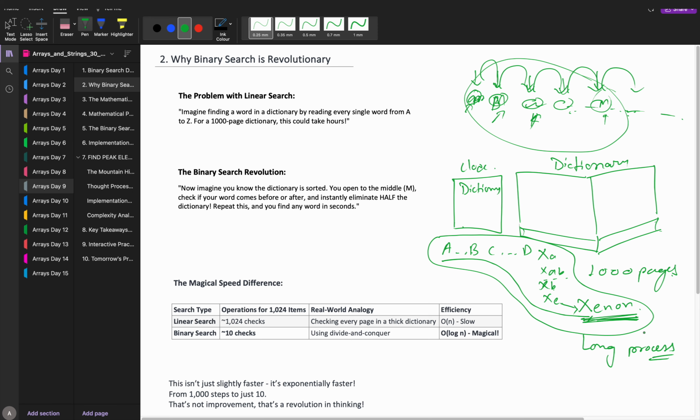You may not be able to comprehend it right now because you are still thinking about just a dictionary, but the dictionary was a real life example. That's all it was. I will show you the scale of things where we need to search, and why this is not going to be feasible. Okay, so here also, if I have the dictionary, I will be very bored. It is going to take too long. It is inefficient. So what am I going to do then?